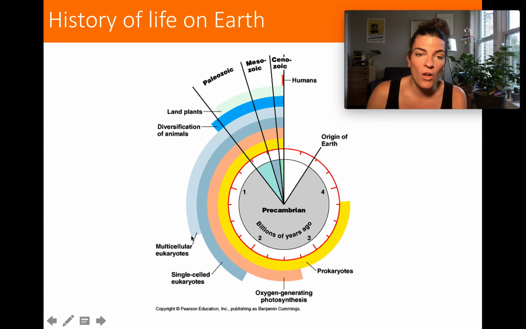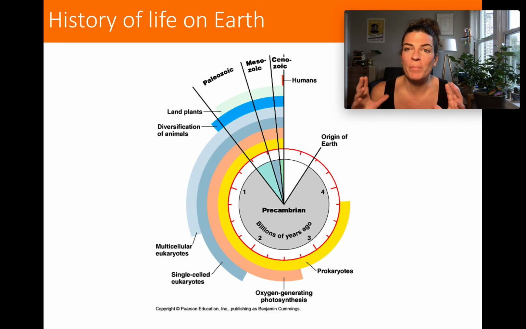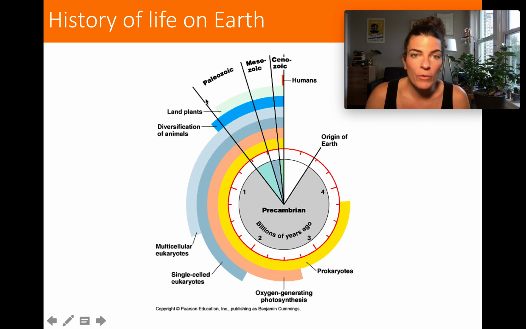And then a little more than half of the time in which life existed on Earth was spent as single-celled organisms only. Species were only single cells. It took half of that time for there to even be multicellular organisms. And then it takes all the way almost until the end of the day before you even get plants on land, right? So all of this is happening in the ocean first. You have some diversification of animals, and then you finally get plants on land, and then things really boom and take off. And this event right here, noted by this line, is very important in Earth's history, and I'm going to get to that in a second.